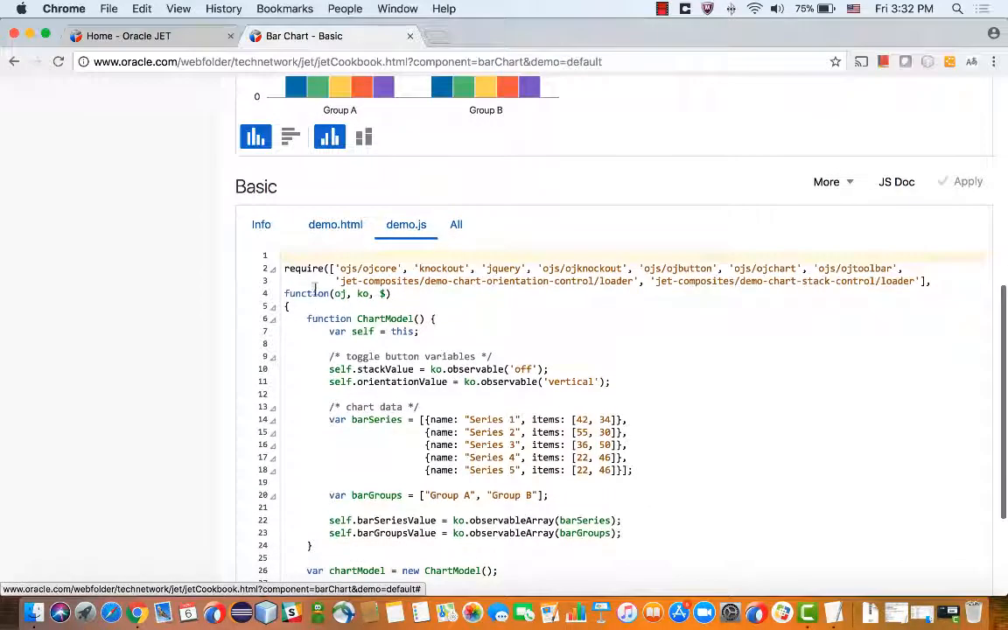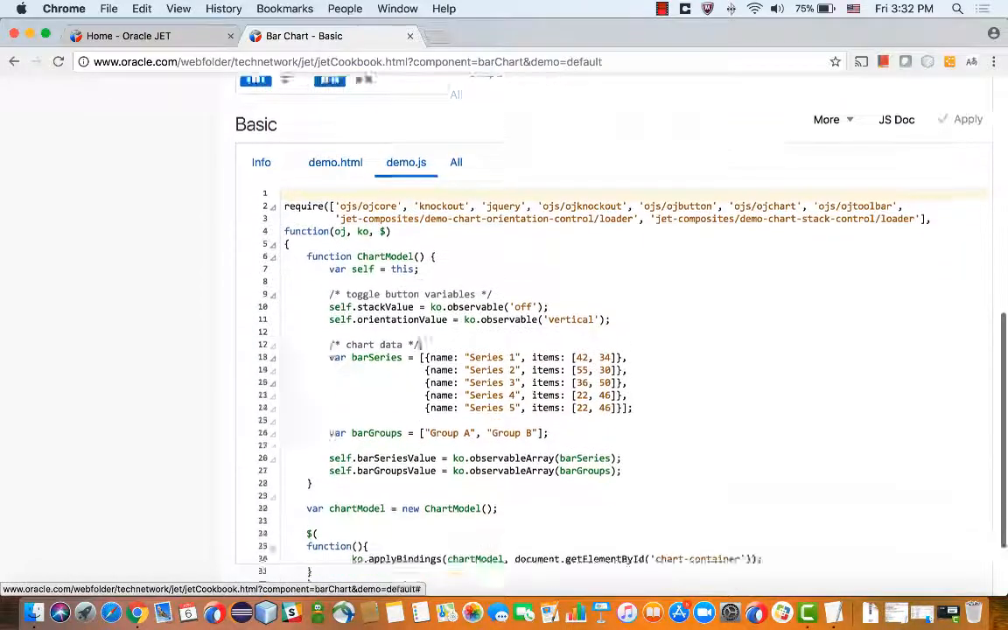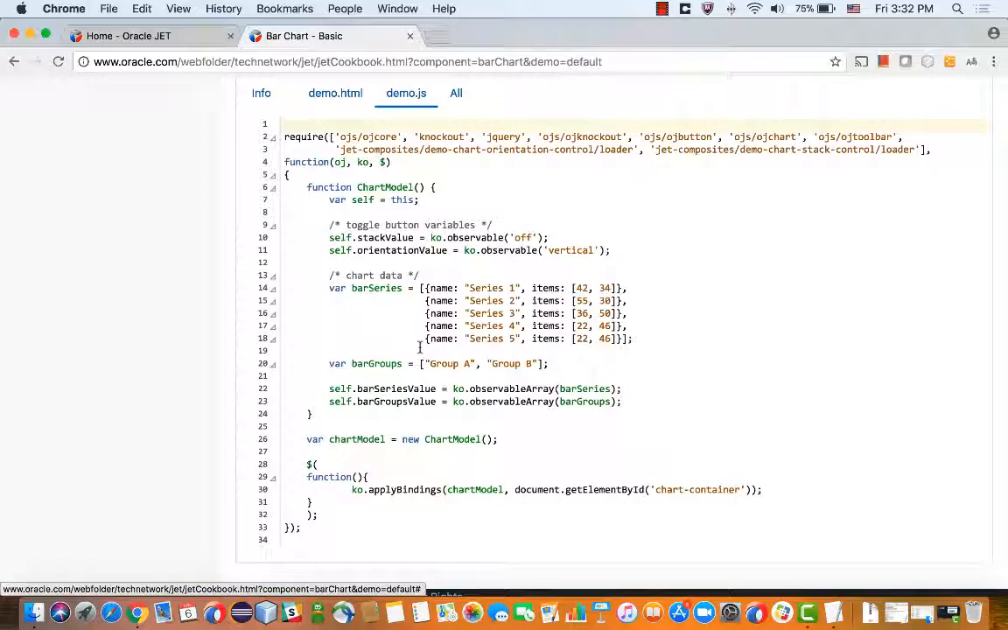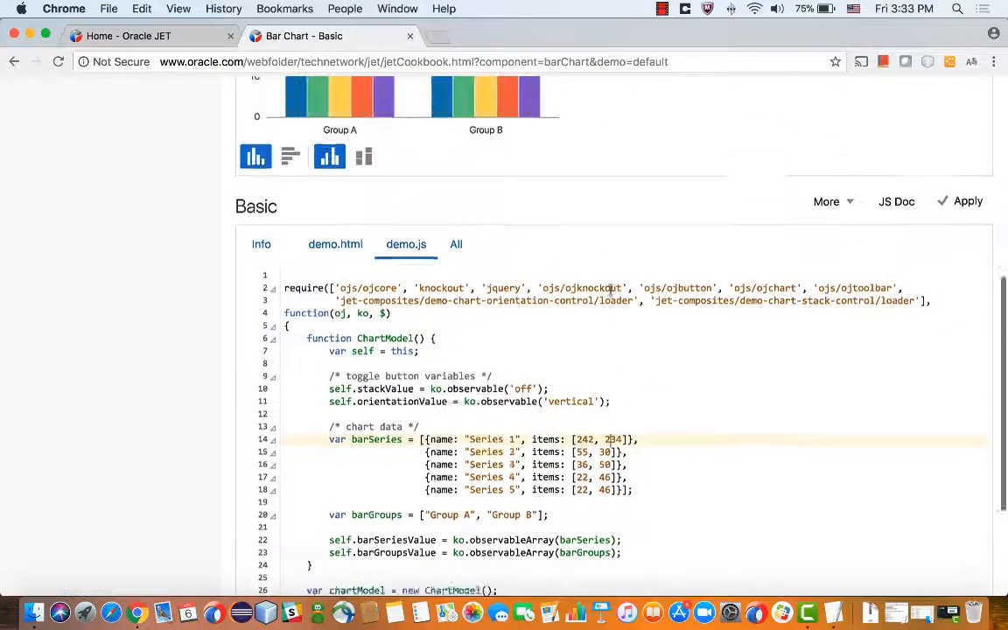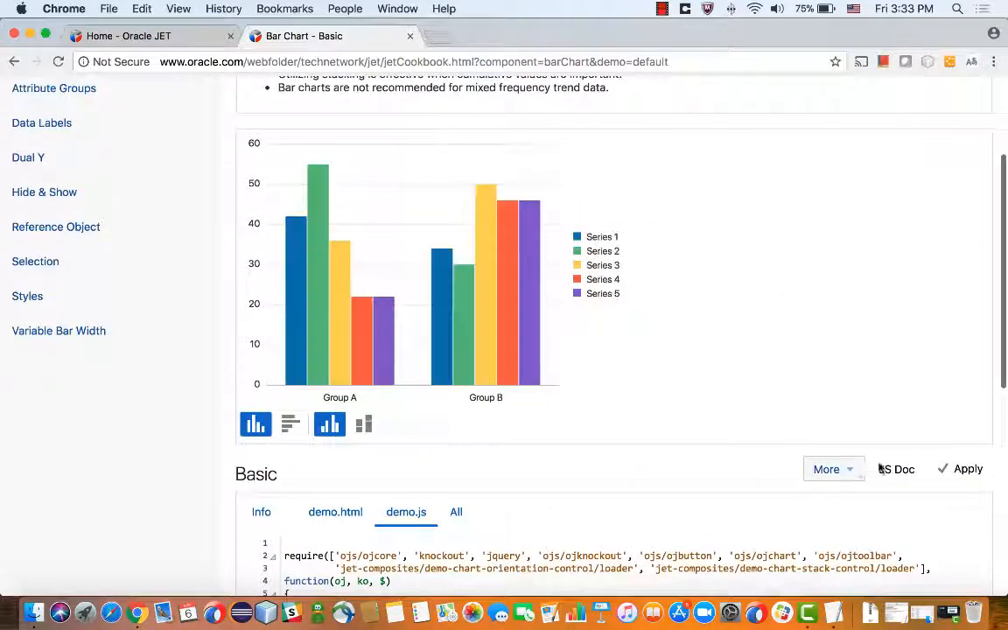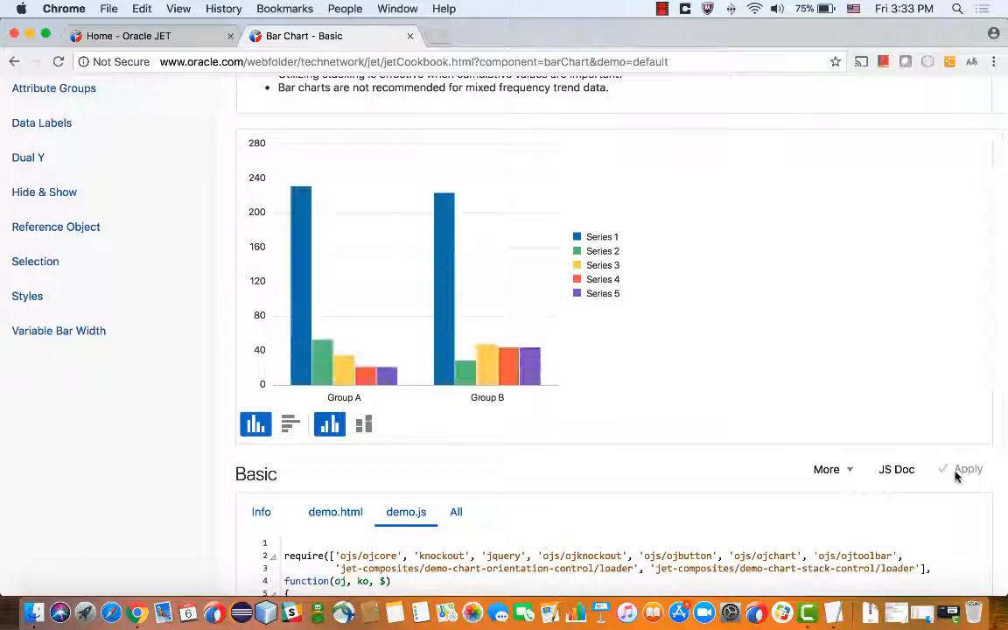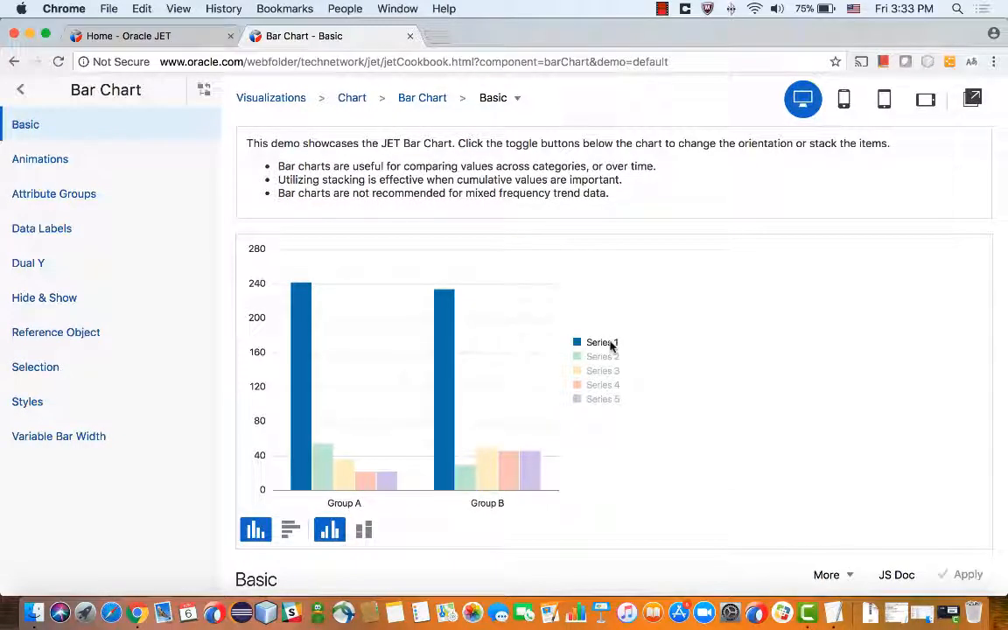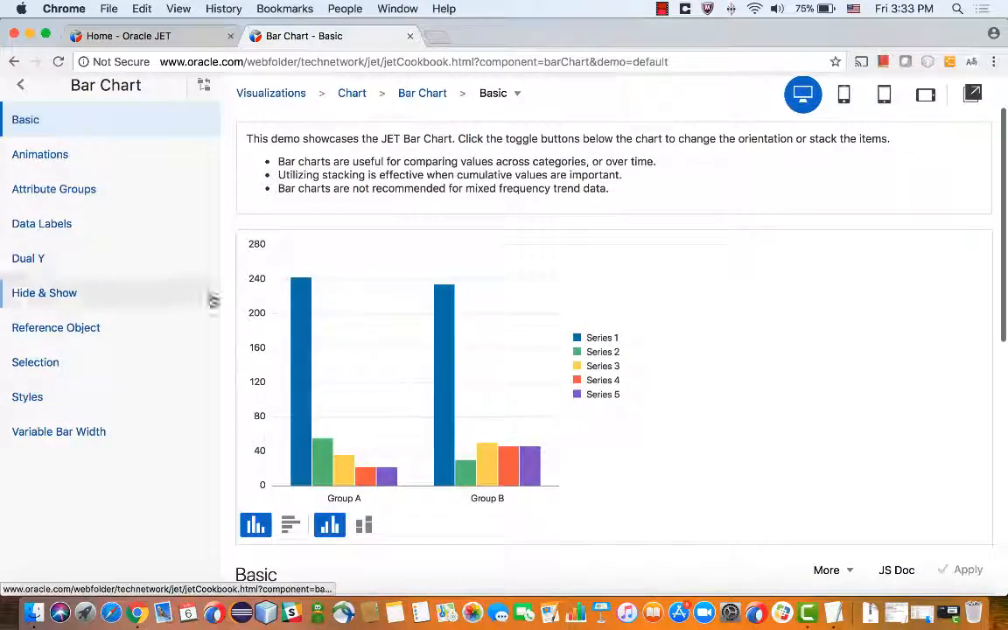Again, we're using require.js to minimize our resources. We're using knockout binding. And here are the values, for example. Those are static values. What is nice is that you can change those values. For example, let's make those a little higher. Then when we click to apply the changes in the code, you see the graph updated immediately in front of you. So this is our sandbox environment for you to play with the various components,